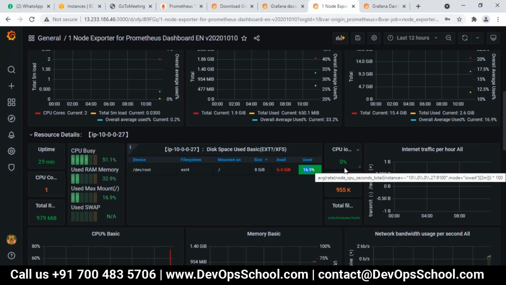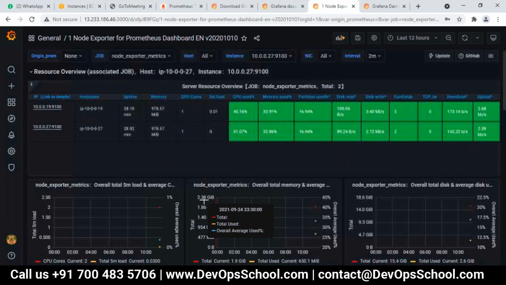Prometheus stored that data in its TSDB, and from there, when we defined Prometheus as a data source in Grafana and downloaded the dashboard URL from its official documentation, it fetched the details from the Prometheus server and created this dashboard as per the templates defined in that. All right.